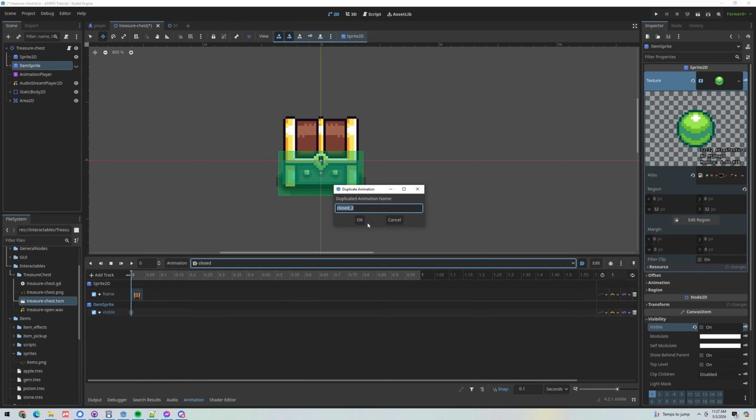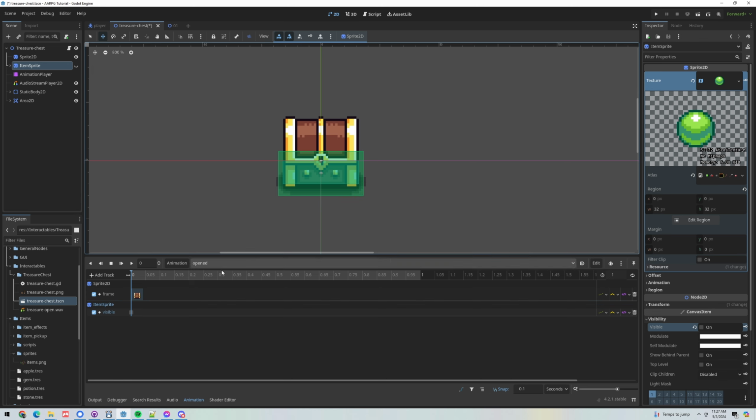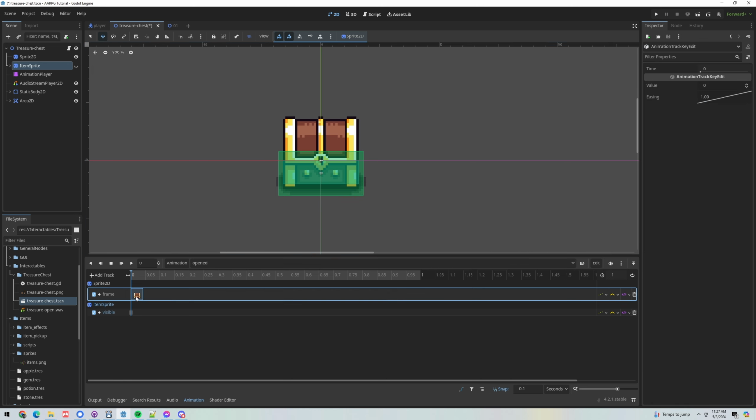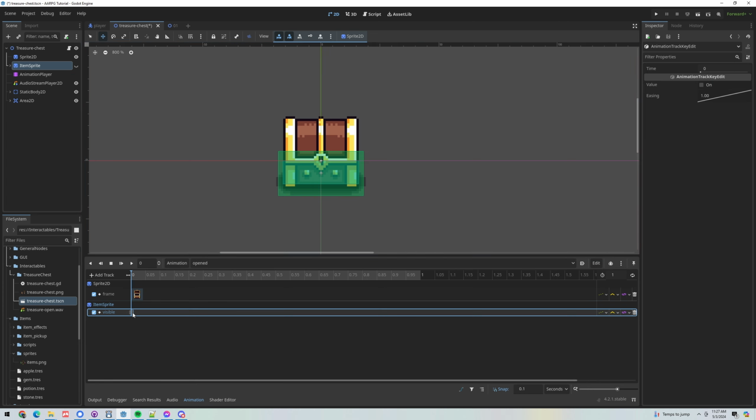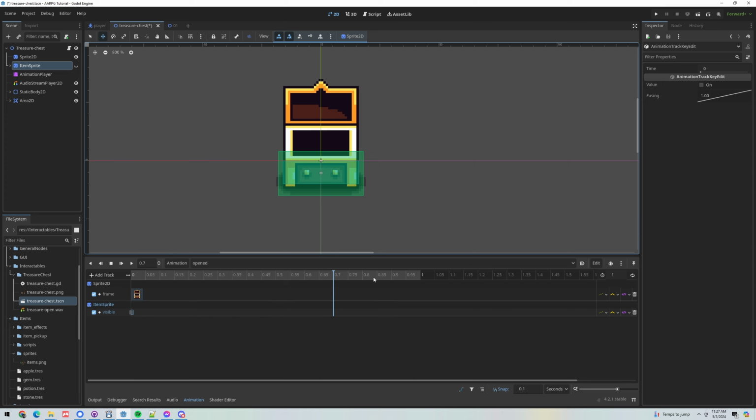Let's duplicate the closed animation, and let's call this opened. So now this is the state that the treasure chest would be in if it's already been opened. So let's select this frame, and we'll just adjust it, set it to 1, and we'll leave the visibility of the item sprite off. Okay, so this is a chest that has been opened, right? It's not going to do anything special. Let's duplicate that one more time,